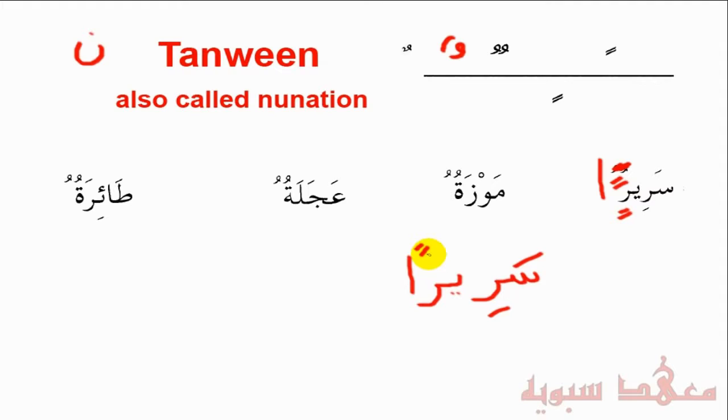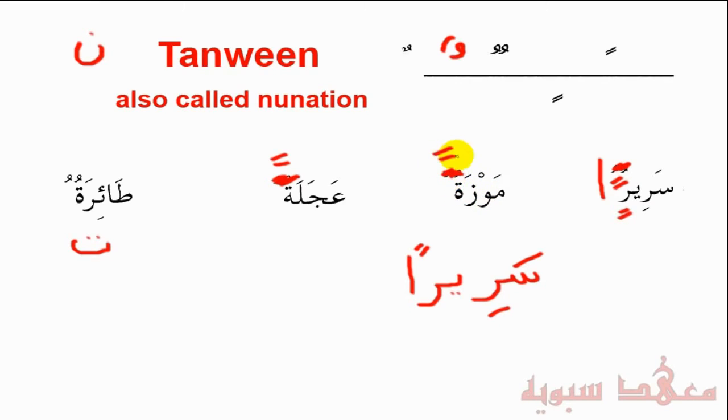There's an exception. For example, the ta marbuta. See these three words, they all end in a ta marbuta, the closed ta. So this is a ta, but it's a closed ta, as opposed to the open ta. When a word ends with ta marbuta, even when it gets two fathas, it doesn't have an alif. So for example, ajalatun, let's write it, it will be ajalatan. Mawzatun, if we want to make it two fathas, would be